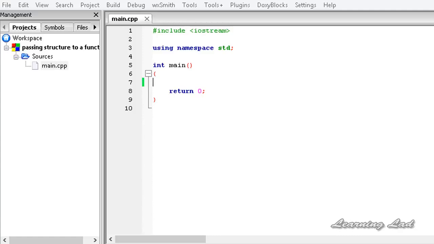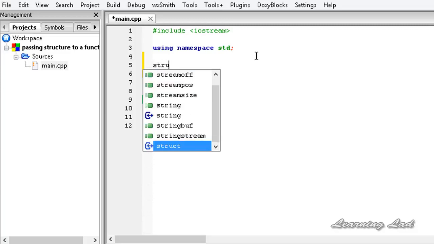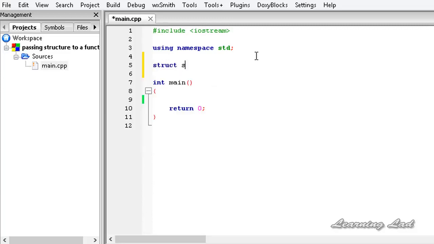So in this tutorial we're going to learn how to pass a structure variable and the address of a structure variable to a function. We're going to learn both things in this one tutorial. So let's begin. So here, just for the demonstration purpose, let's define a structure, struct, and let's call it